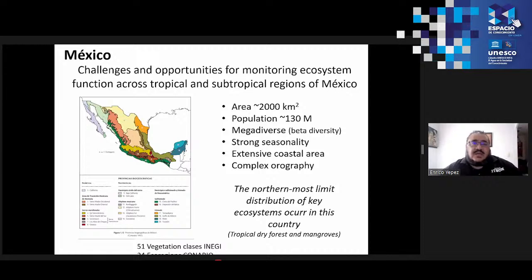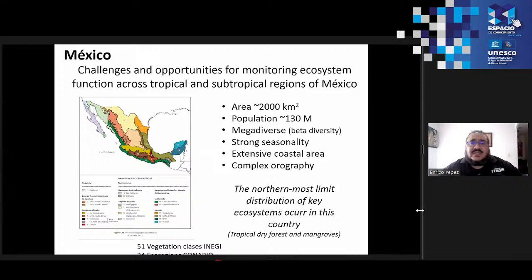So this brings us to a big challenge in a country like Mexico. We are an important country, about 13th place as an emitter on this planet. We are a megadiverse country with beta diversity. That is, diversity is gathered in a small area. There are transitions over relatively short distances. We have a territory of about 2,000 square kilometers, which is a reasonable size. We have a population of about 130 million people. We have an extensive coastal area, which brings a very interesting